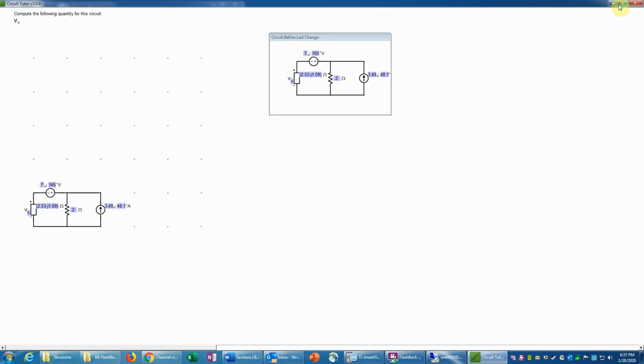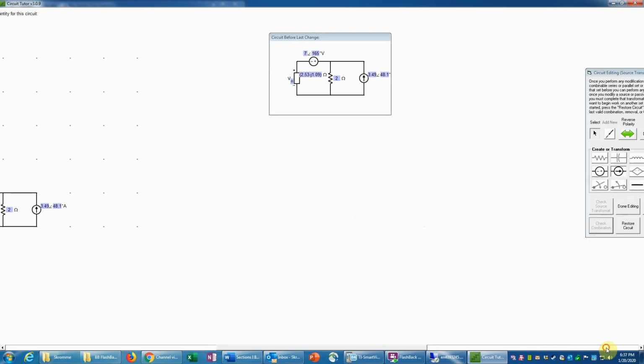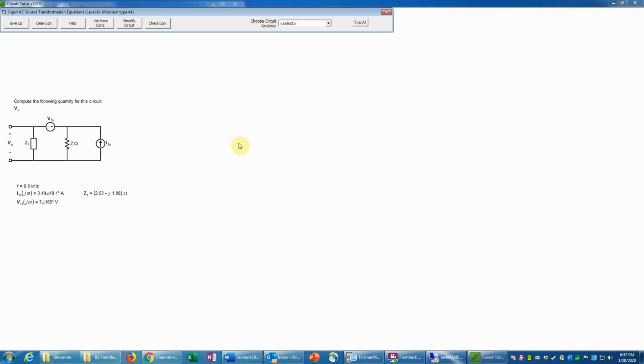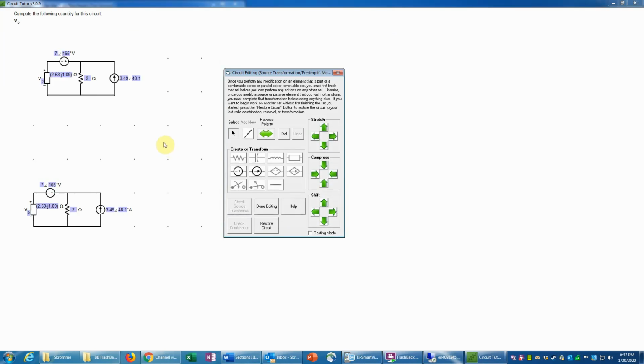So now I'm going to go back to full screen here. And again, just my dialog box ran away. I'm going to just click Done Editing and go back in just to fix that. Okay, so now